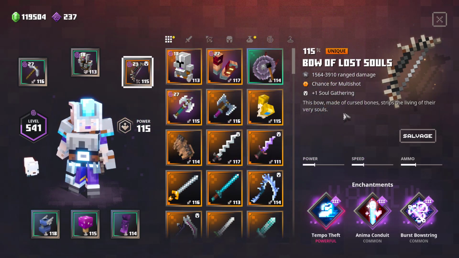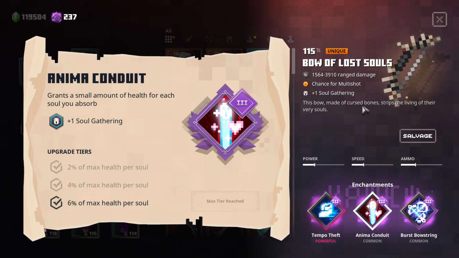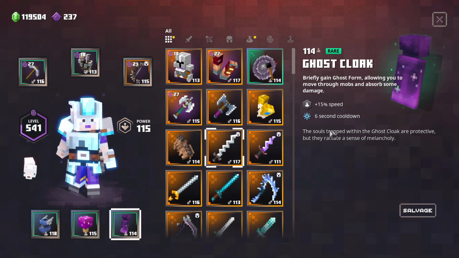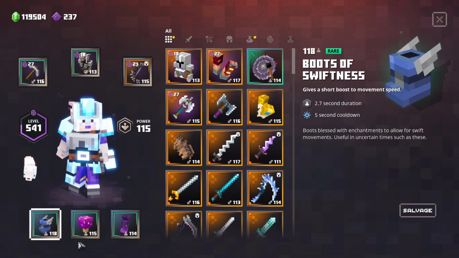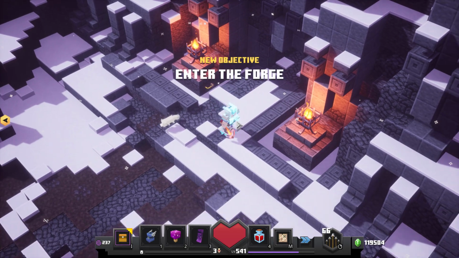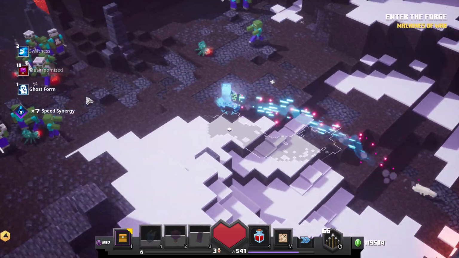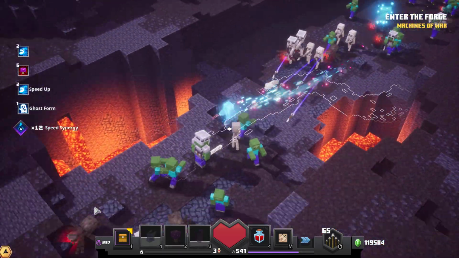Then we use the Bow of Lost Souls, because with burst bowstring we can trigger our tempo theft and we still have Anima Conduit. Then I'm using the 3 artifacts that we always use for speedrunning: Ghost Cloak, Deathcap Mushroom and Boots of Swiftness. And yep, that's basically the build. So it's a speedrun build. We just run through the map, we ignore most of the mobs, and from time to time we roll to